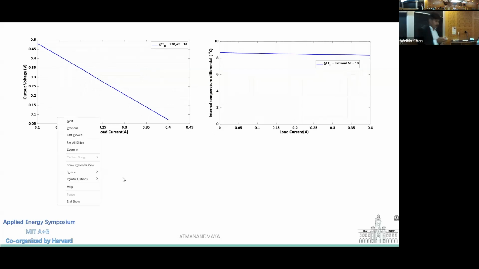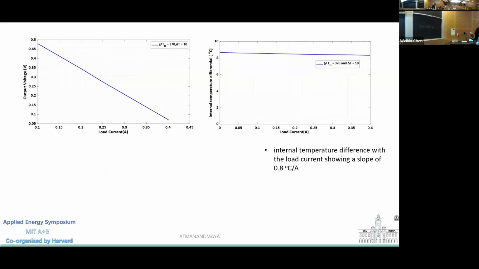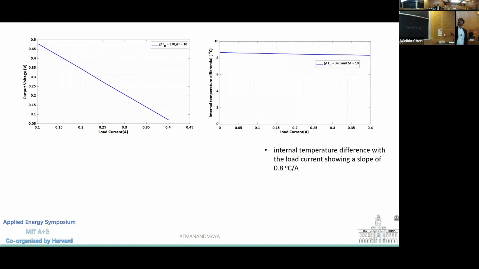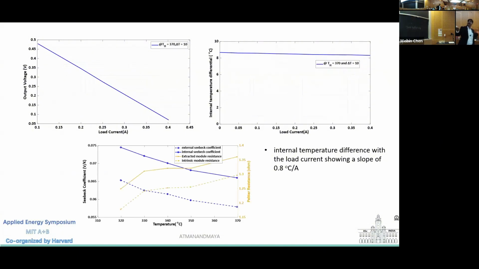where the internal temperature difference slope is coming, sorry, is coming 0.8 degrees Celsius. And again, based on that, what I derived, I just follow the steps and I get the Seebeck coefficient and the Peltier resistance. If you see, this dotted line was developed for the external